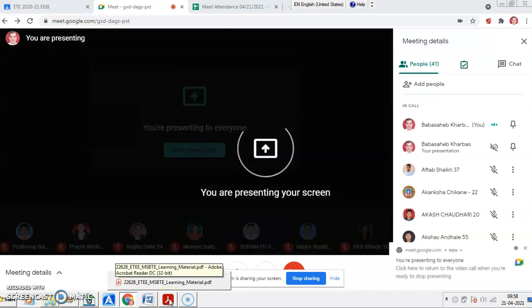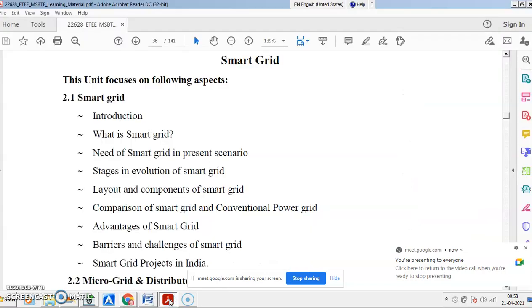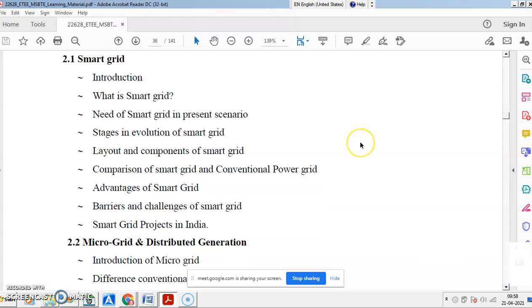My screen is visible to you. Okay. So smart grid focuses particularly on what is smart grid introduction, the need of smart grid in present scenario, then stages in evaluation of the smart grid, layout and components of the smart grid, and comparison between conventional power grid and smart power grid, then advantages of smart grid, barriers and challenges of smart grid, then smart grid projects in